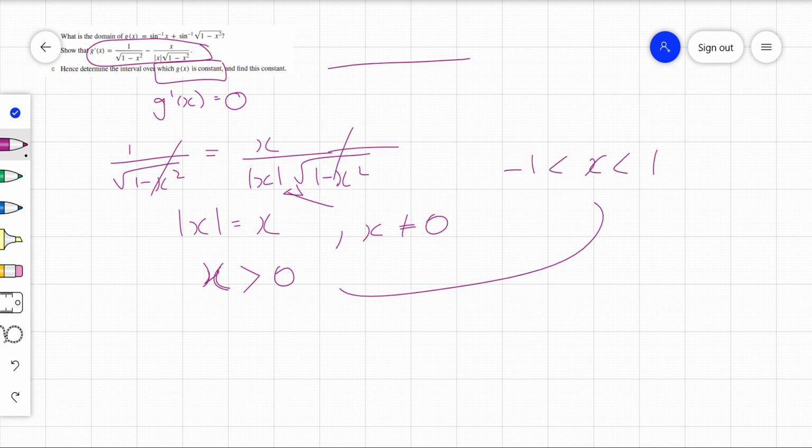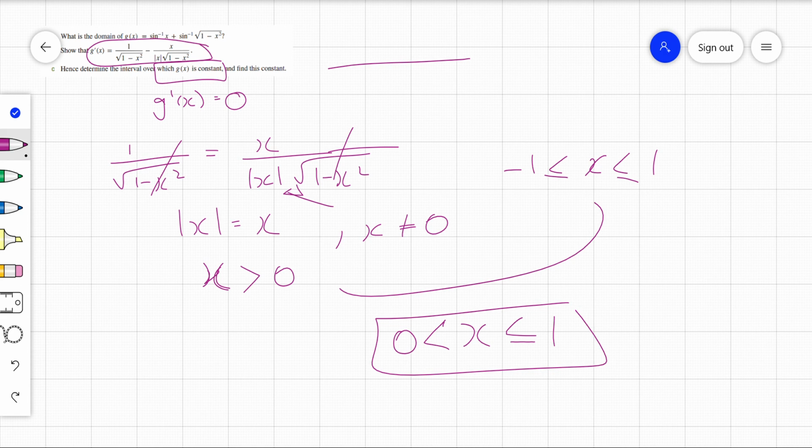So if we put those together, x is greater than 0, and originally it was less than or equal to 1. And then it would work. So determine the interval where g of x is constant and find this constant. So when g of x is positive, whoops,